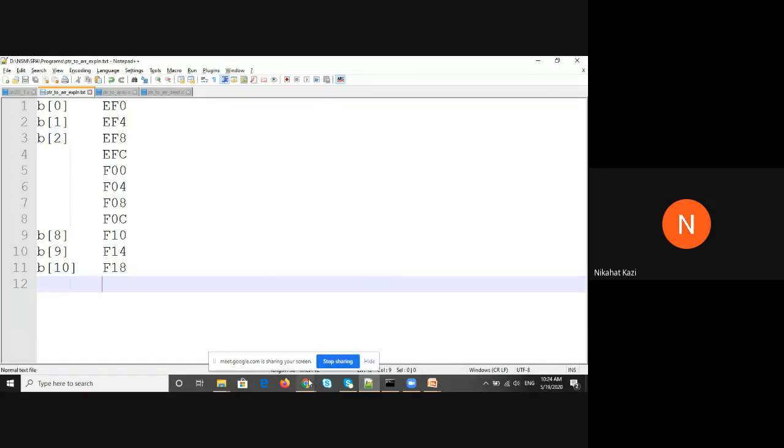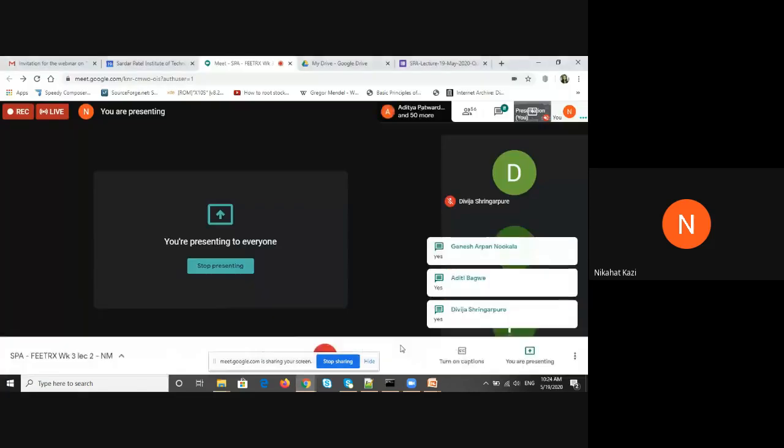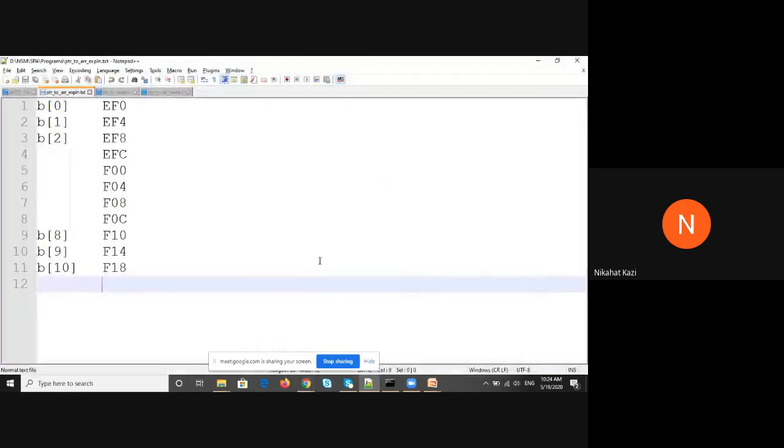Yes. So hexadecimal format. EF0, next element is on EF4. Similarly, next will be EF8. So if you continue this, you will get these addresses in between.